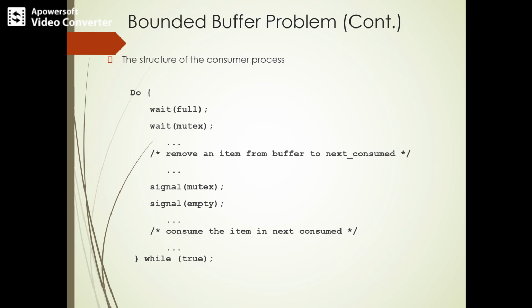That means that particular item has already been consumed by the consumer. Next, it also signals the empty semaphore, so the next item can be allowed for consumption by the consumer.